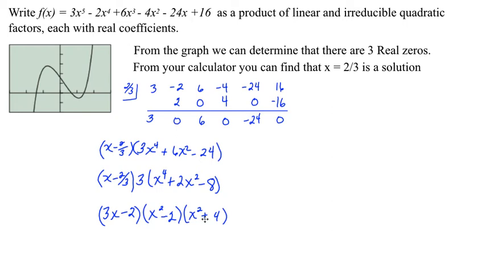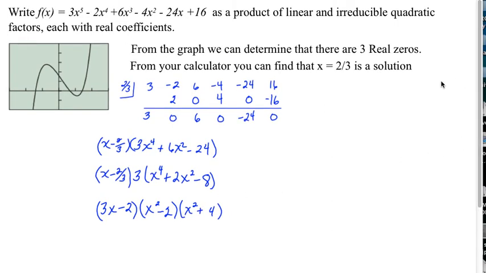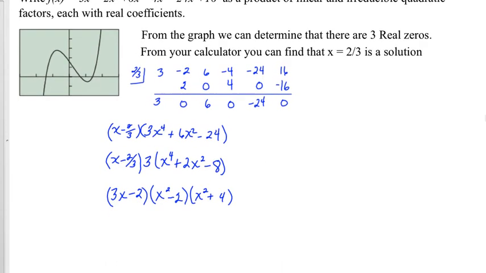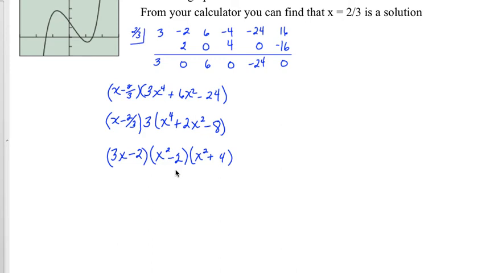So the one thing that's different in this lesson from what you're used to is we normally would stop at that point, but this quadratic right here can be reduced. This one can be reduced. It has irrational roots, okay? So that one can actually be written as x plus the square root of 2 and x minus the square root of 2. It looks like the difference of squares, but 2 is not a perfect square. But it is reducible, so we have to reduce that quadratic